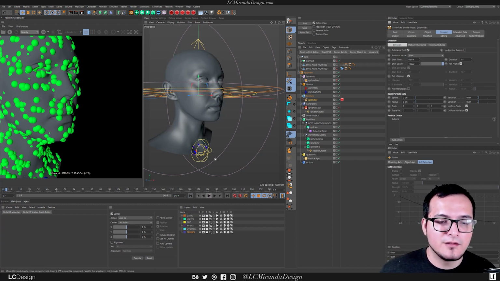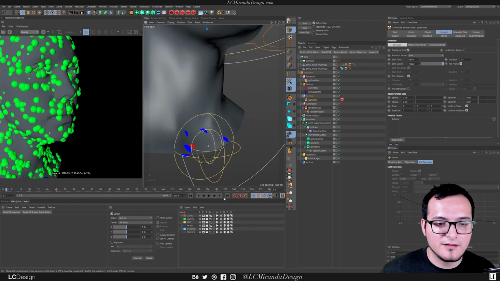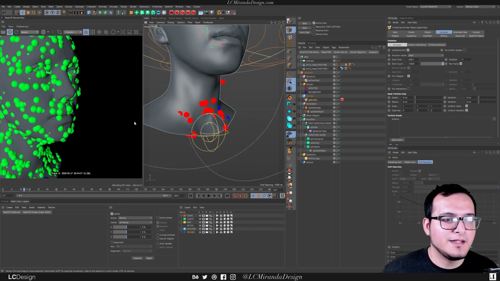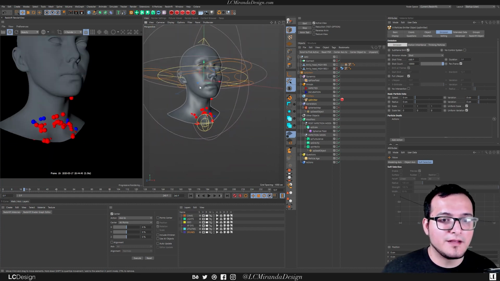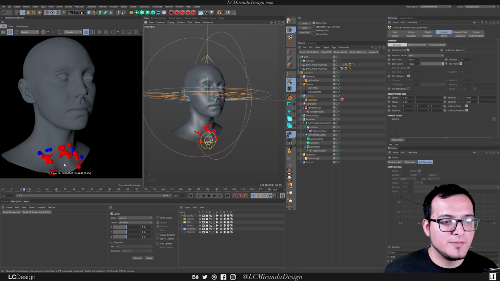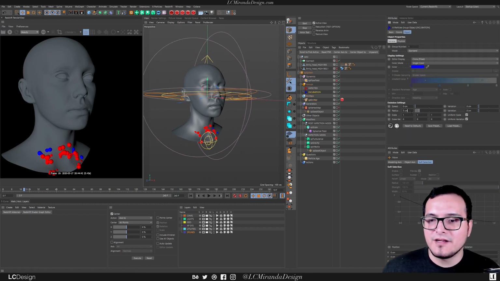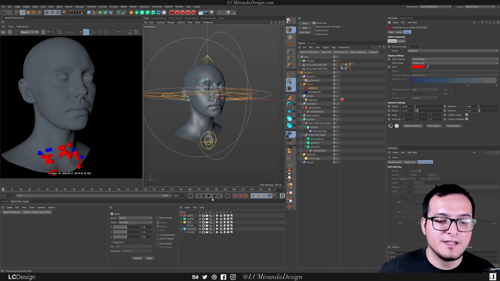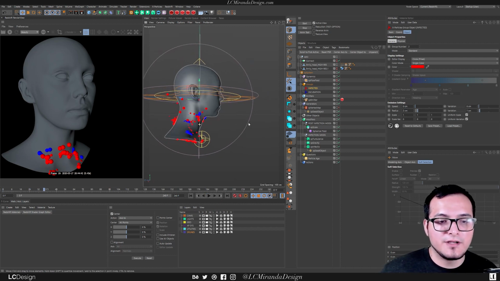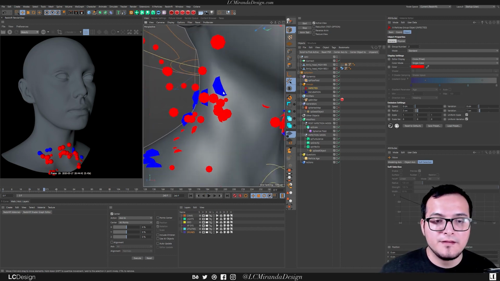And so now you don't see it, but you see down here, there's particles still being generated that are infected. So when we press play, they're not up here, they're not on the face, but the other ones are appearing. So from here we can actually play a little bit more. With our incubation, I want to actually make these a little bit bigger and also give it some variation. In our infected, I'm going to make these guys smaller and add like a very small amount of variation. And so now you can kind of get like a nice little variation of them, but these the incubation ones